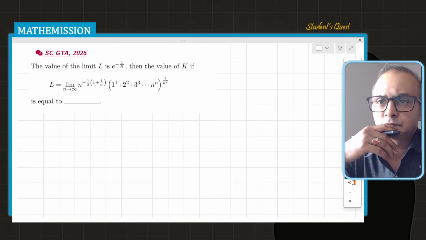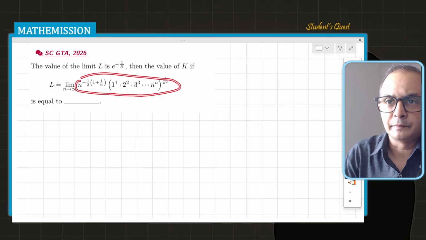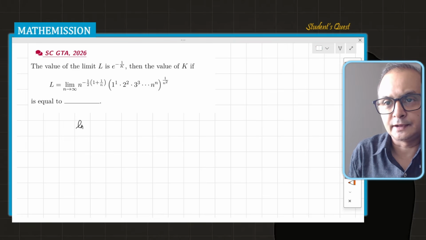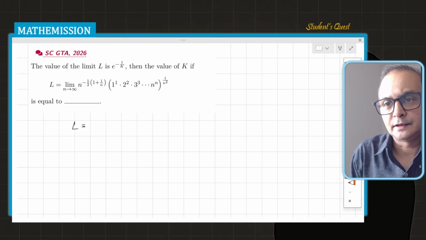So if this kind of situation happens, it's better to take the logarithm. It is not so difficult to identify. So let's take log both sides. So I can write here the ln of L. I could also write this whole entire thing as e to the power log. So let's do it that way also. No problem. So I can write this as L is equal to limit n approaches infinity, and this entire quantity I can write as e to the power log